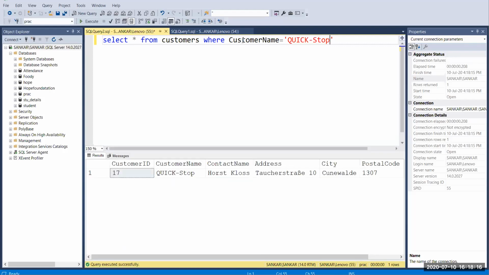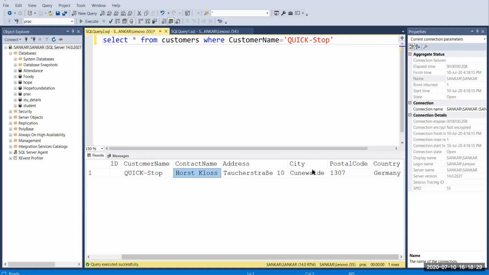I'm going to run this. Now you get the Quick Stop customer's entire record, with the contact name, address, city and postal code also. You can use any column you want to filter here.